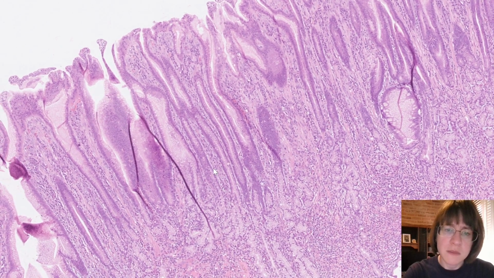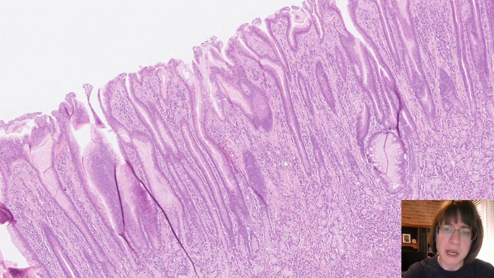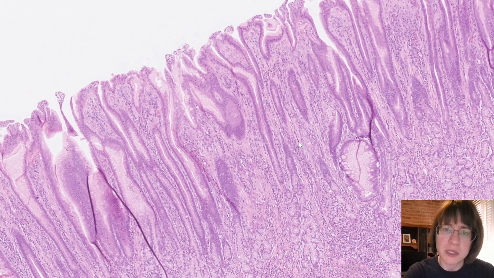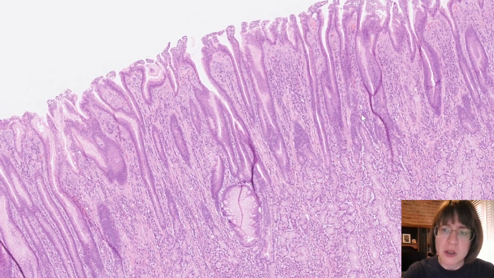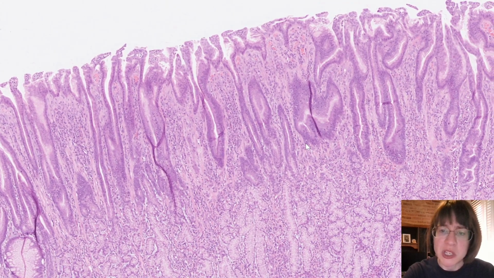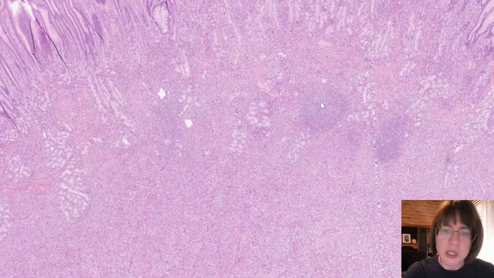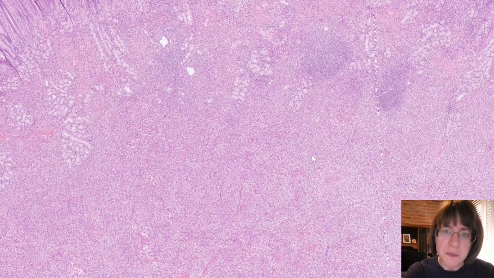We do have some reactive changes. It looks like we've got a bit of smooth muscle stranding, possibly related to some prolapse. But this is all secondary changes, and I'm not seeing any dysplasia or neoplasia involving the surface epithelium. So let's go to the submucosa, which is where our main lesion is located. And we can see that we have a spindle cell proliferation that has kind of a swirly appearance to it